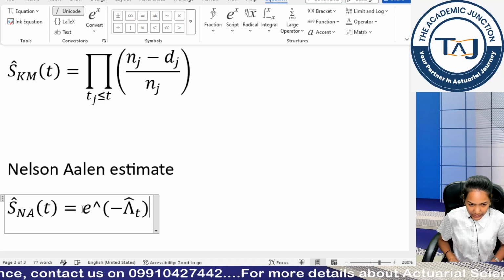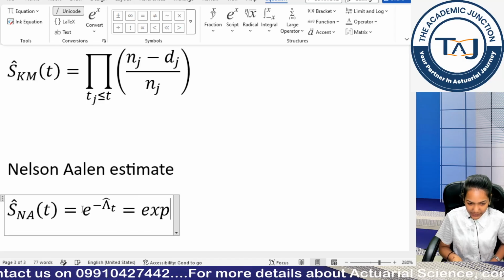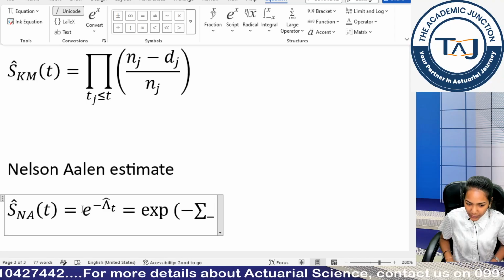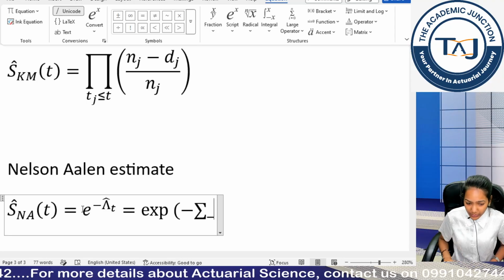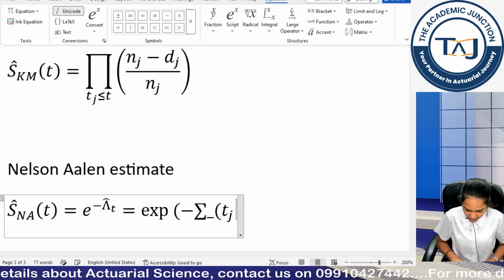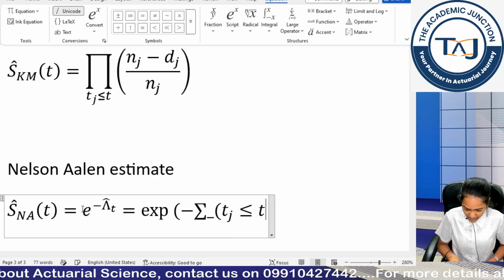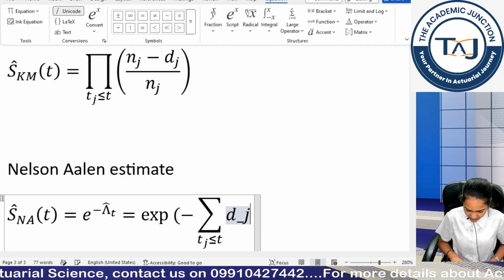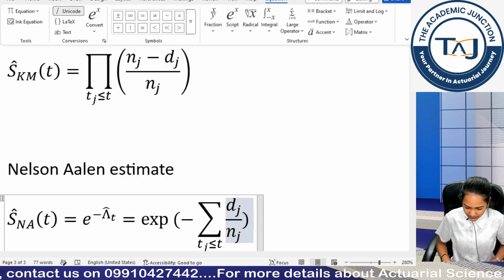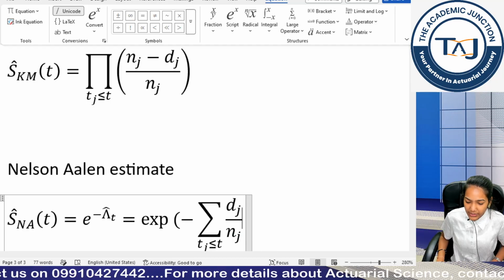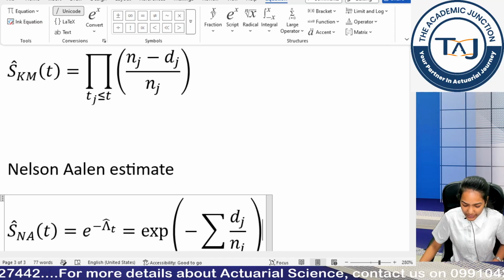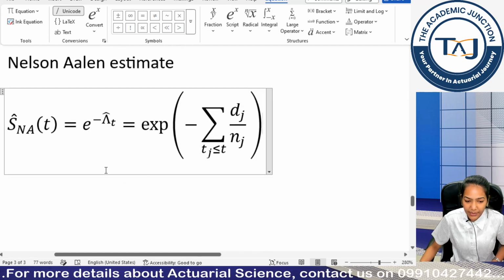Okay, nothing different. This is equal to, if I write in exponential terms, this is minus backslash sum. Again placing the limits of sum, what will it be? Tj less than equal to t. So since we have more than one term in this, that's why I am using the brackets, right. So Tj is less than equal to t this, and I can write the something in this. This is equal to this and this. Escaping this because I have entered the sum. Now I will hit my space. Clear guys? Is this Nelson-Allen and Kaplan-Meier clear?